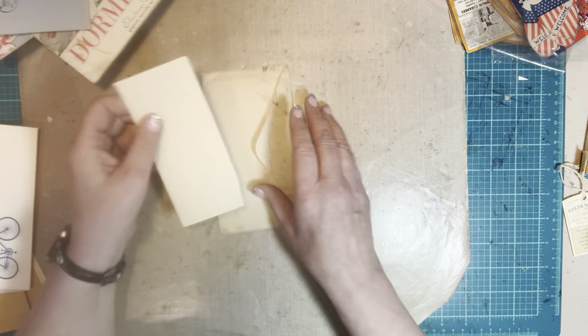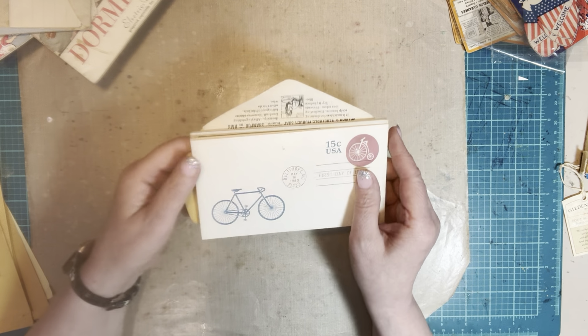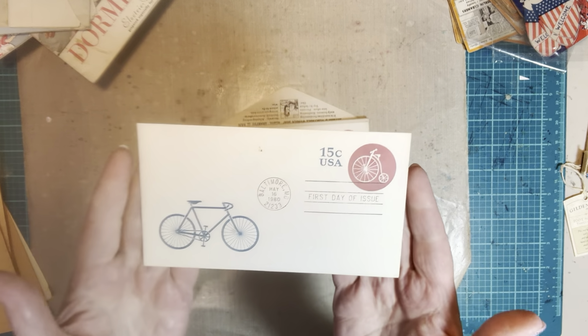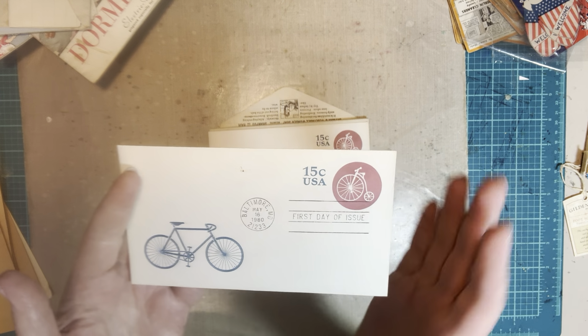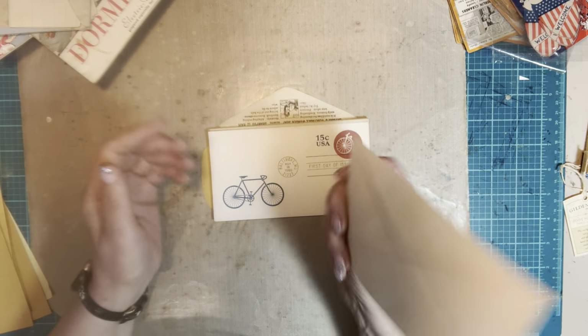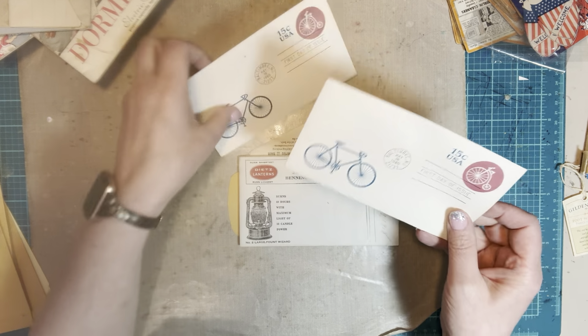Poor John. Then I got more envelopes that are printed that are really cool. I don't think there's anything in them. I love this. It's first day of issue for this bicycle. It's really cool. 1980. So it's not extremely old, but there are 2 of those. And then